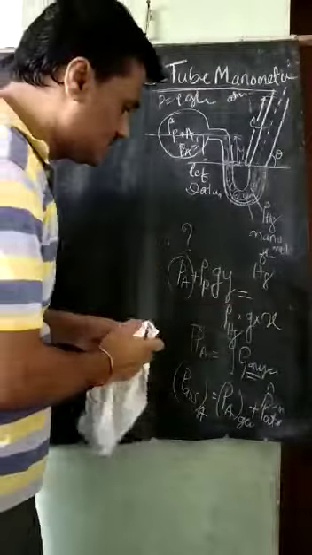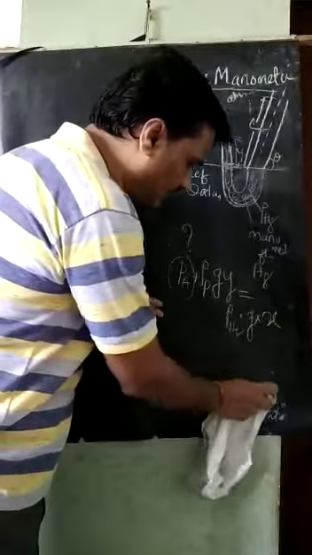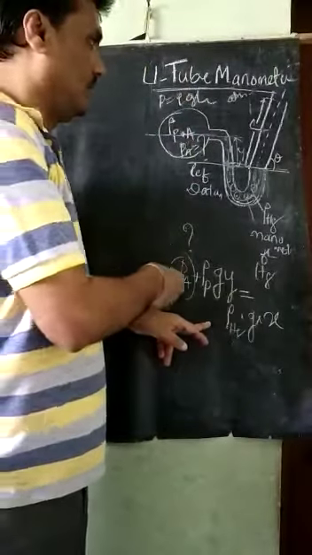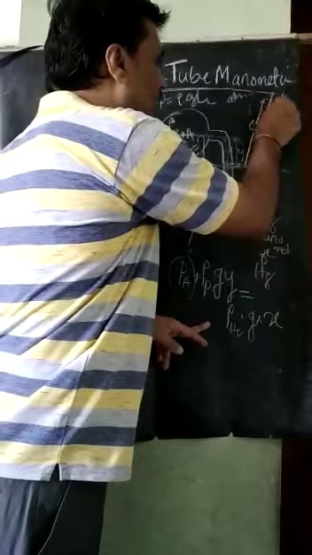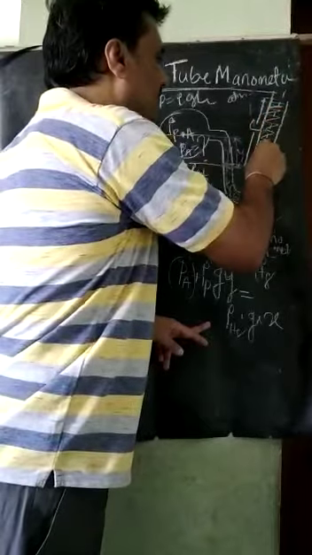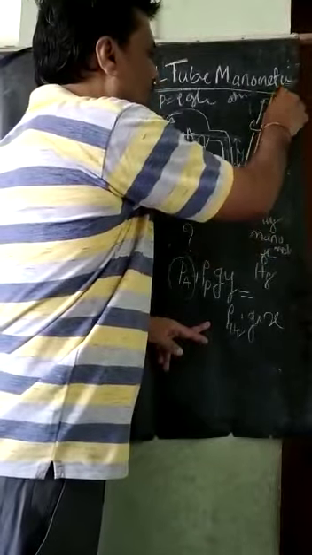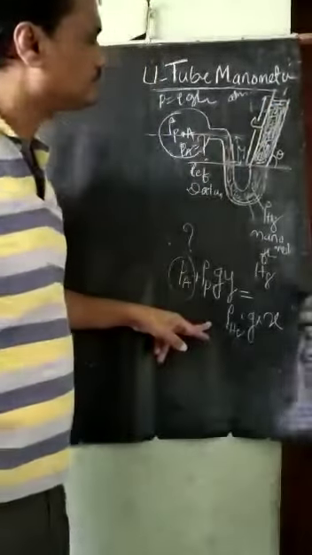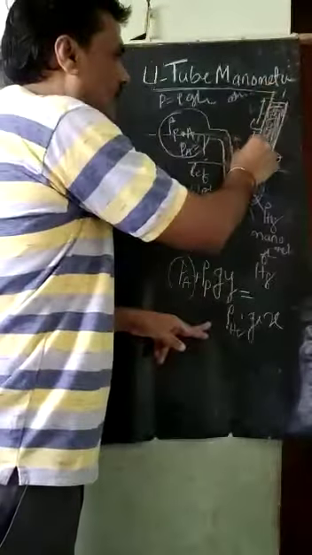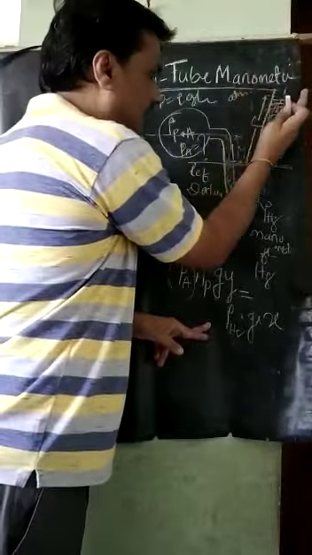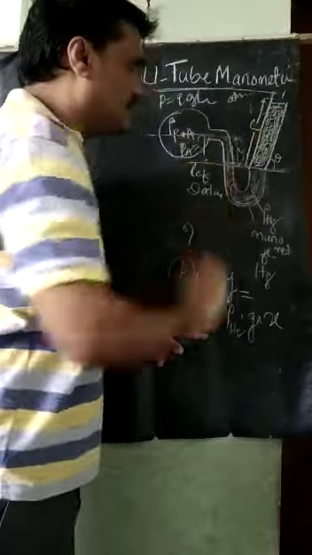Very small changes will take place in this case, where the right limb comes in. Up to this point there is manometric fluid. Just assume that it is a manometric fluid up to this point. The length is L, it is a slanted height, meaning an inclined height. The angle with the horizontal is theta.